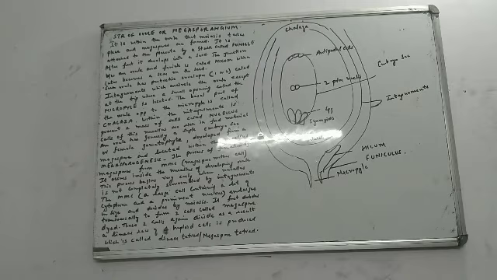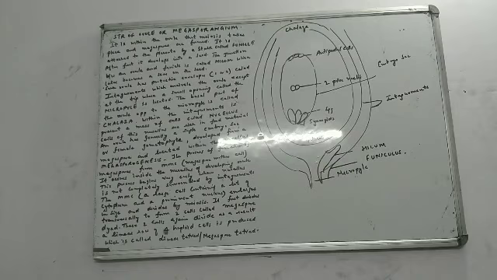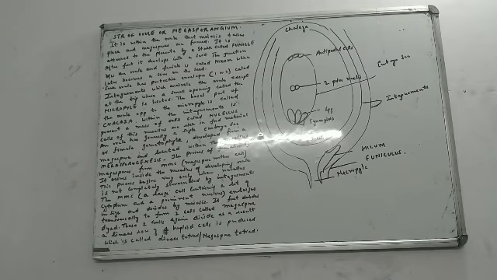How does this process go ahead? We had a single large cell containing a lot of cytoplasm and a prominent nucleus, which was known as megaspore mother cell. First it will grow in size, of course. Then it will divide by meiosis. It will produce two cells which are known as megaspore dyad, D-Y-A-D. Each cell of the megaspore dyad will again divide and will form a linear row of 4 haploid cells, which is known either as a linear tetrad because it's a linear row of 4 cells, or as the megaspore tetrad.